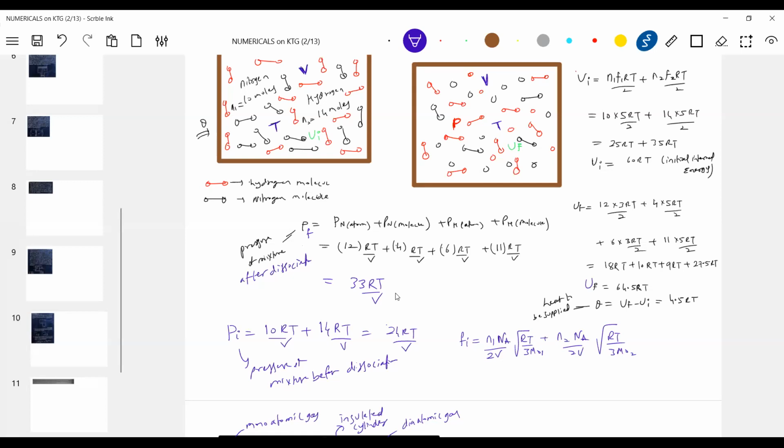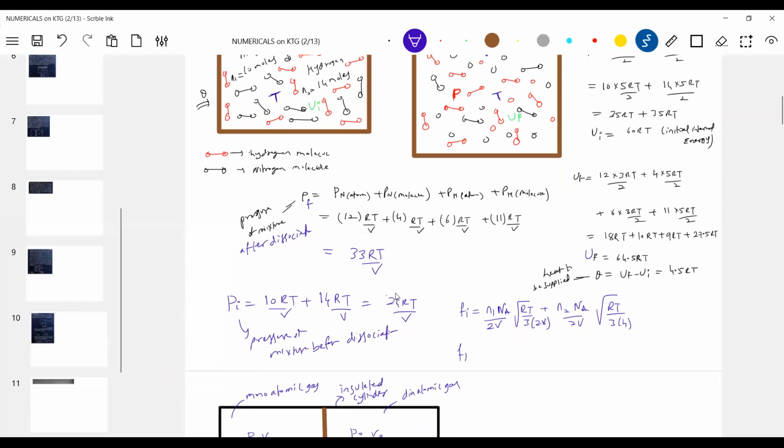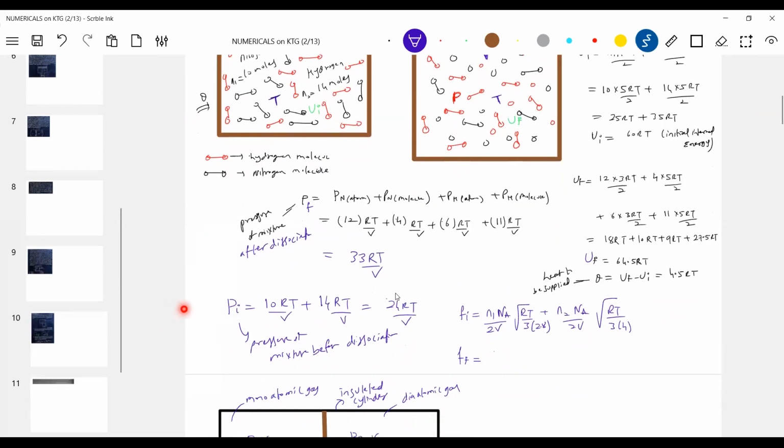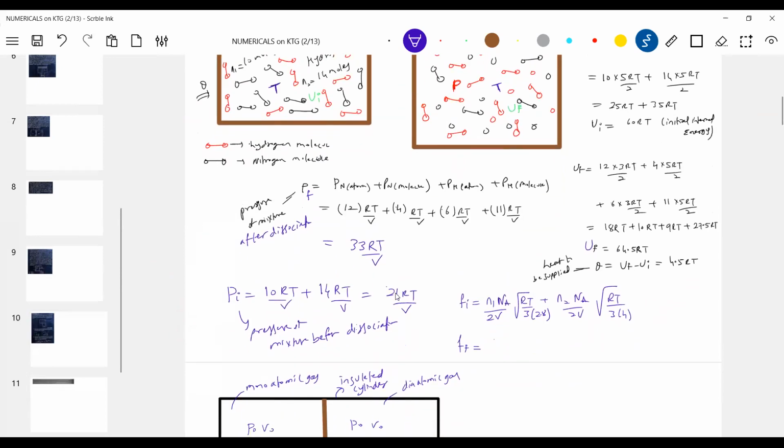Now you calculate the final also. In that case, you have to be careful with the molecular mass. Let me write, this is something related to nitrogen, no? 28, I should write. Hydrogen, this is 2. Finally, the final rate of collision per unit area. So how many will undergo dissociation? 6. So how many will be left over? Sir, for hydrogen, we have to write 2, no, sir? Okay, this is 2. Yeah.